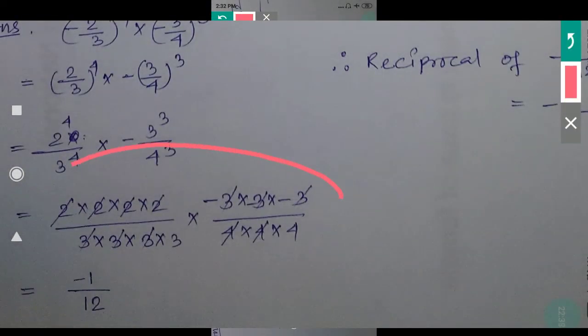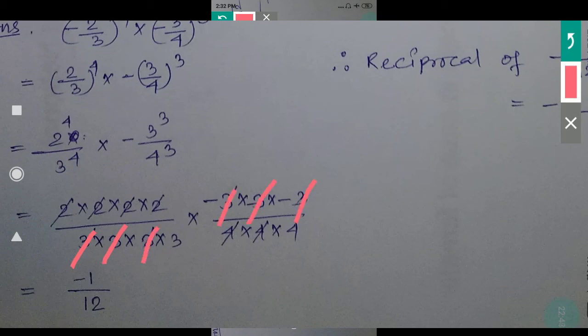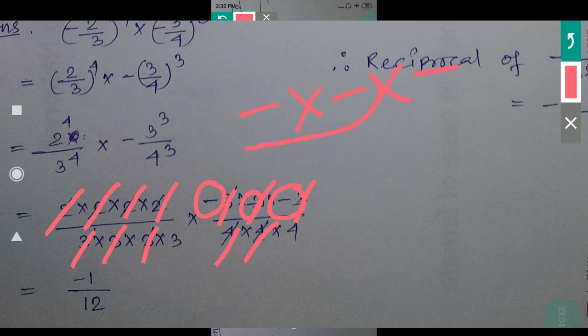See here, these 3, 3, 3 I can cancel with these 3, 3, 3. Okay, these 2 2s are 4, so one 4 I have cancelled. These 2 2s are 4, another 4 I have cancelled. Now see, here one minus is there, here also one minus, and here also one minus. How many minus signs? 3 minus. That means minus into minus into minus. Minus minus, if you multiply, it will be plus. Again this minus is there. Plus into minus is how much? Minus.